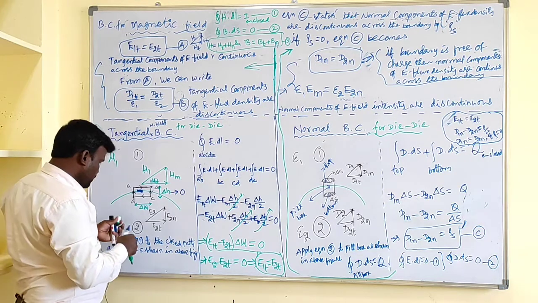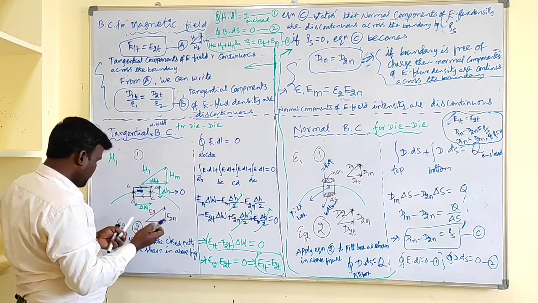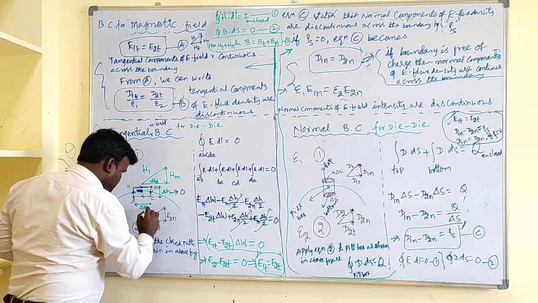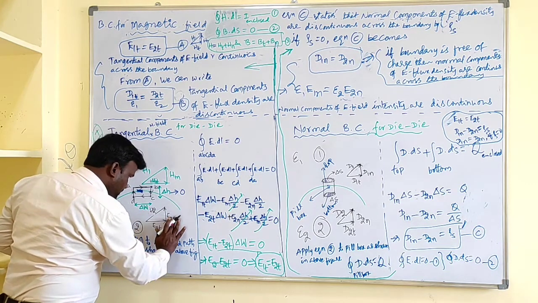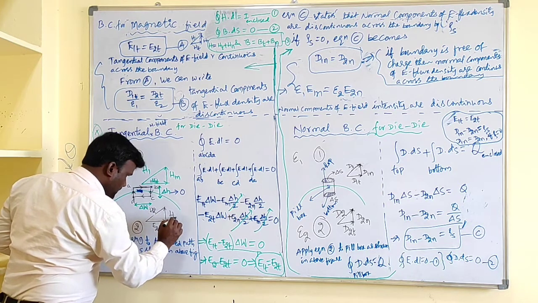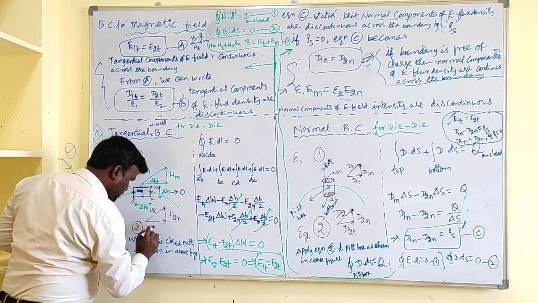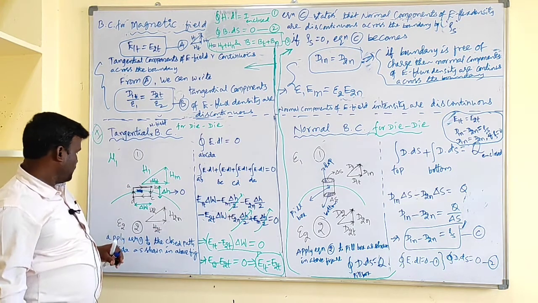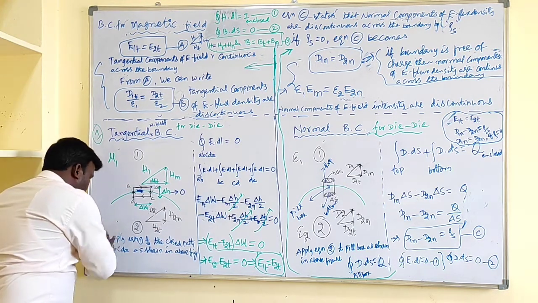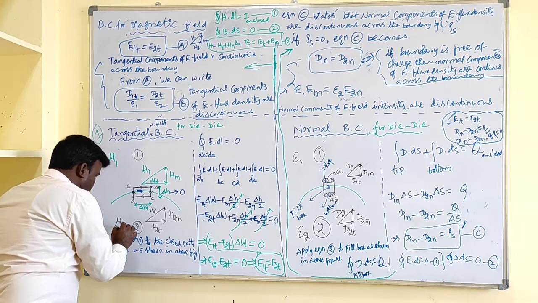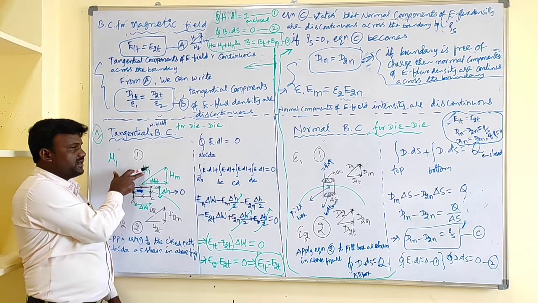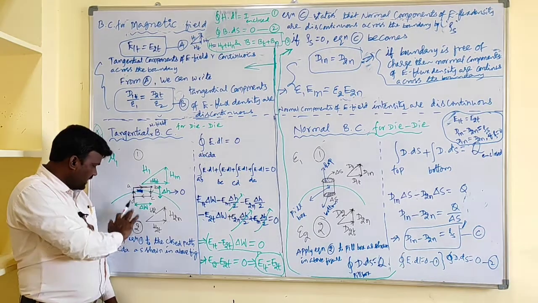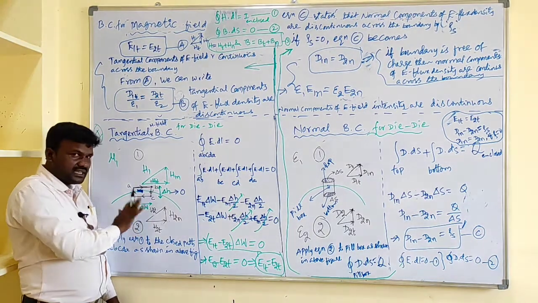And here E2 should be replaced with H2, E2n should be replaced with H2n, and E2t should be replaced with H2t, that is the tangential component of H2. And of course epsilon 2 is replaced with mu2. That means the first medium is characterized by mu1, in which H1 exists, and the second medium is characterized by mu2, in which H2 exists.